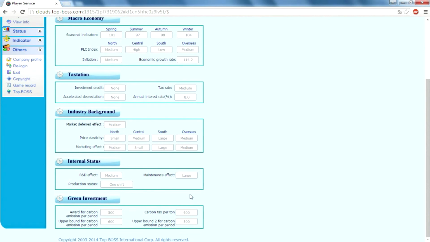So when you see the setting for these parameters, for the North market, can you tell what the situation is? The price elasticity is small, and the marketing effect is medium. When you are trading in or watching the North market like this, what kind of strategy will you use to get success in the North market? We use